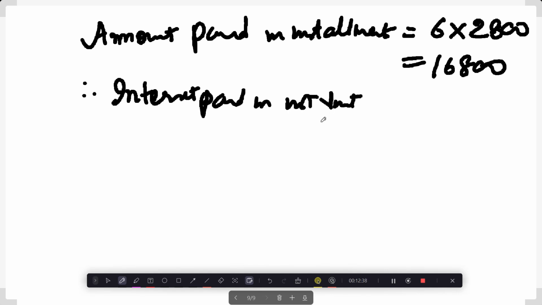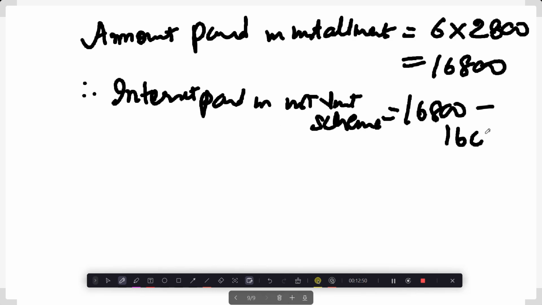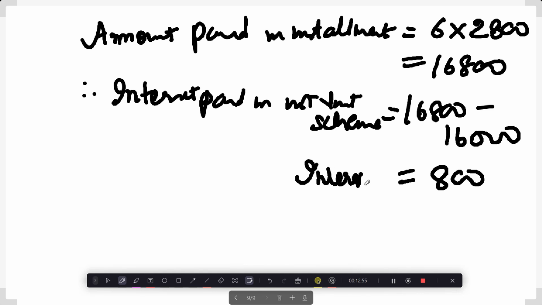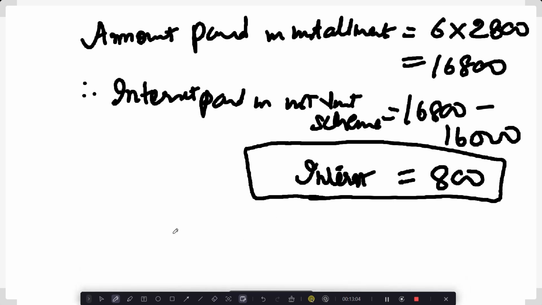Installment scheme जो extra over and above pay कर रहा है will be 16,800 minus जो उसको normally pay करना था. मतलब असली में तो ये difference बचा था ना, 16,000 पे करना था ना, but उसने थोड़ा extra पे किया. That is the interest, which is 800 is the interest. Now let us find the principal. Now पहले महीने के लिए, कि 6 महीने का है, पहले महीने के लिए principal is actually 16,000 for first month.